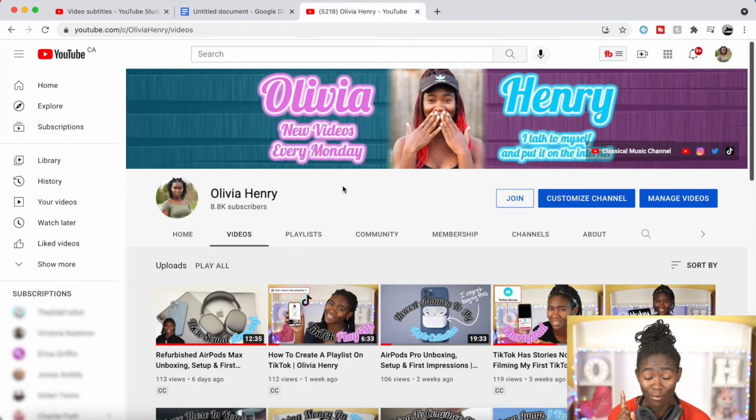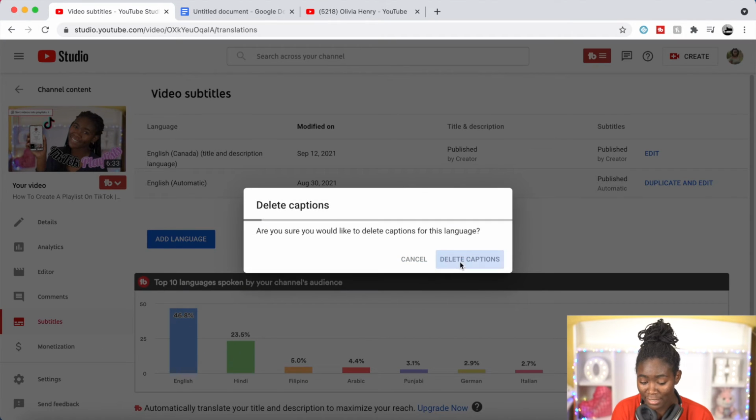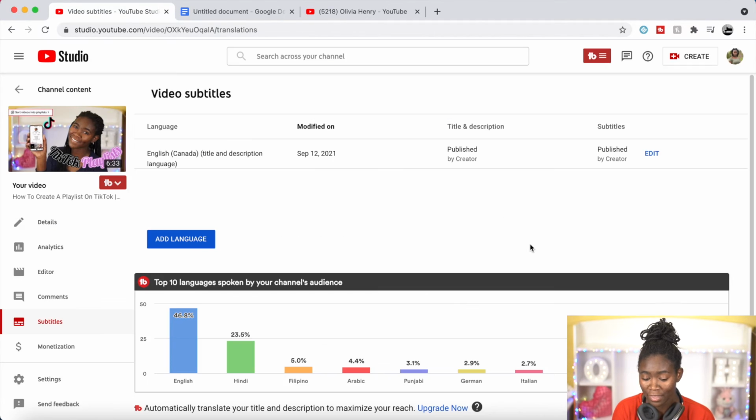And then one more thing, if I go back to my subtitles page, the automatic subtitles that YouTube generates, I delete them. So I hover over it, I click these 3 lines, which brings up the options menu, and I click delete, delete captions. And now the only subtitles available are the ones that I typed, the ones that I know are 100% correct because I made them. So that's how I do my